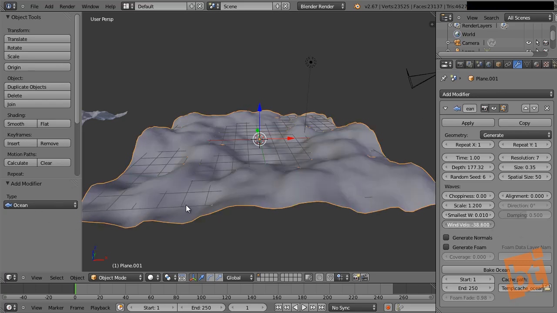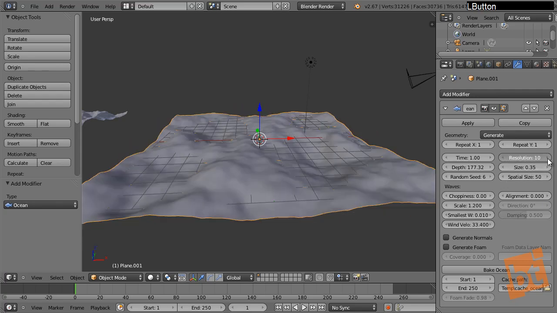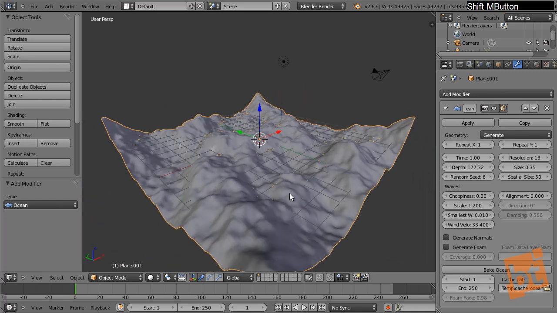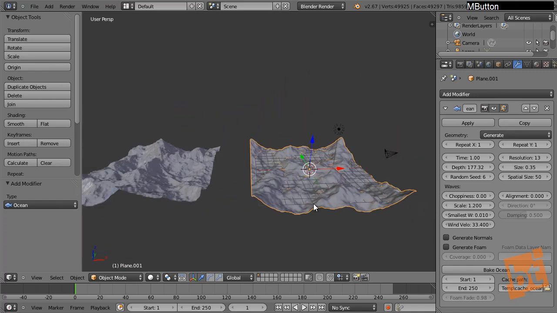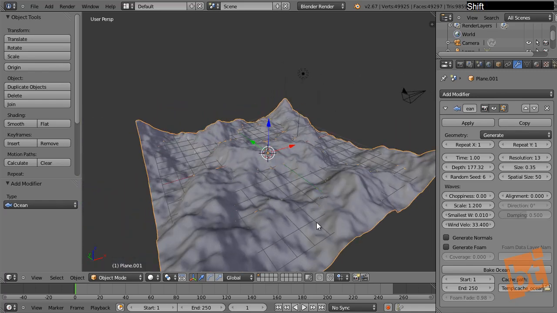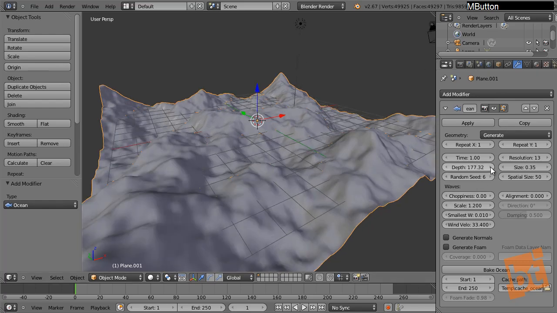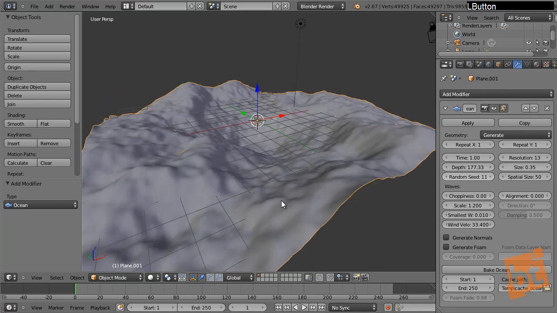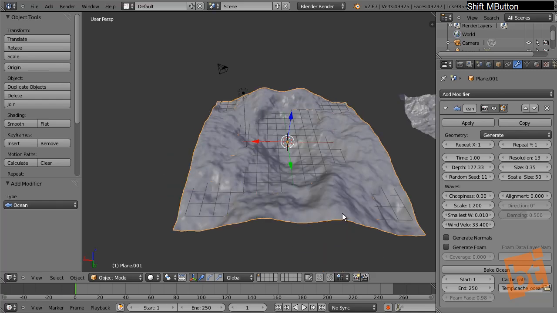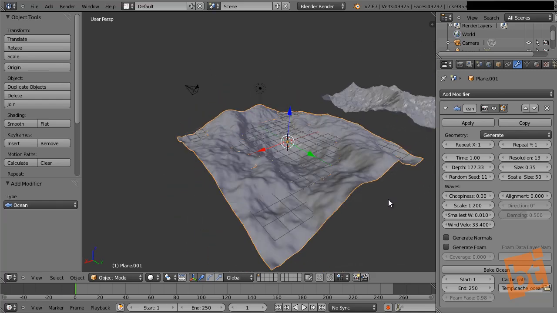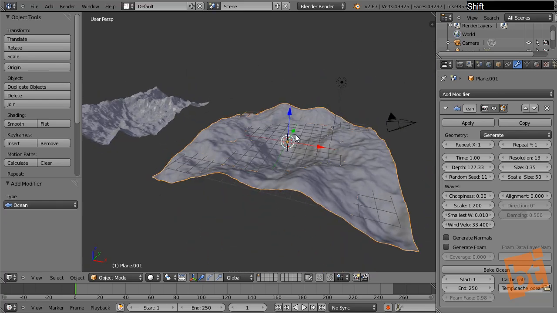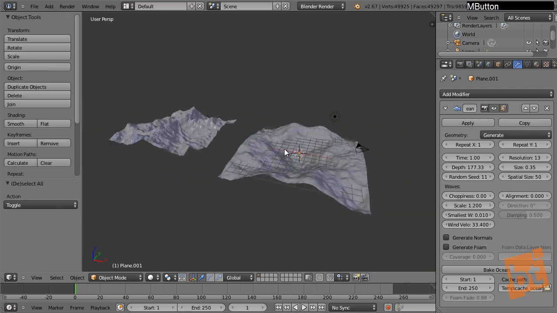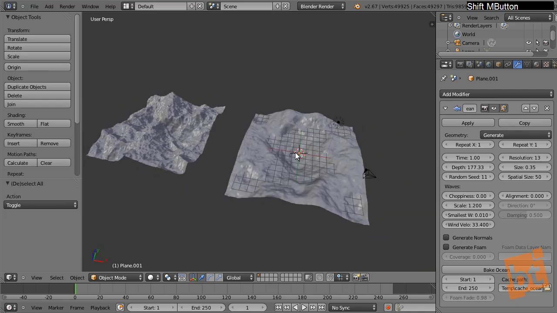Maybe we can play with this a little bit, increase the resolution. And as you can see, we get something also pretty looking like mountains. Let's just play with it a little more. So yeah, with this we could have a nice base to create our mountains. So as you can see, sometimes it's just about thinking and being creative on how to create things, because